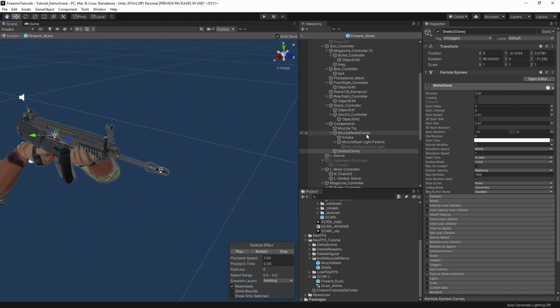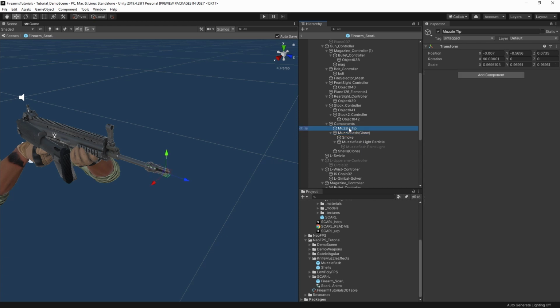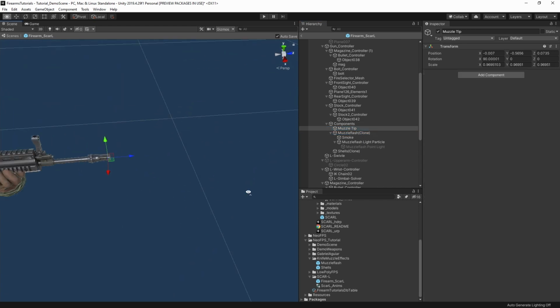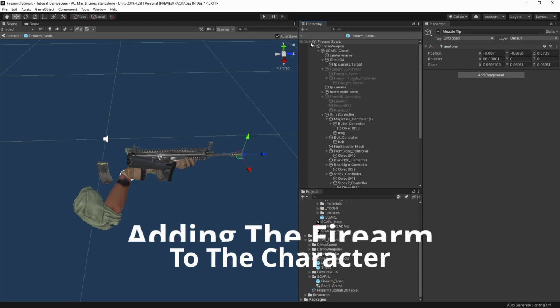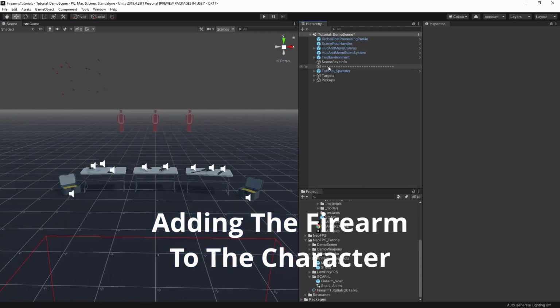Let's just quickly check these ones again. It's the muzzle flash, that one actually was good. Muzzle tip was Z forwards, so that's all good. That should be everything that we need. So, I can't just hit play, unfortunately. It's not that easy. We need to go in here,